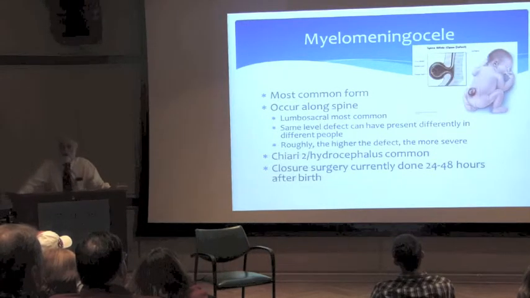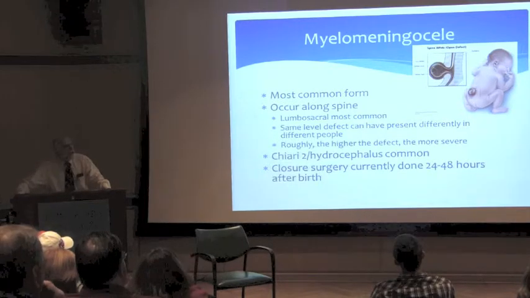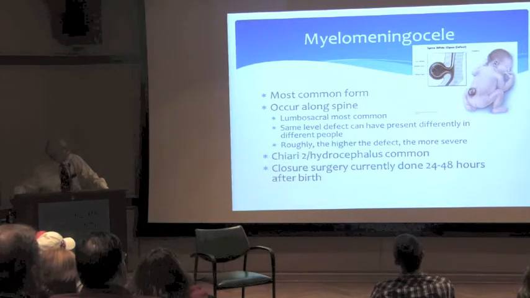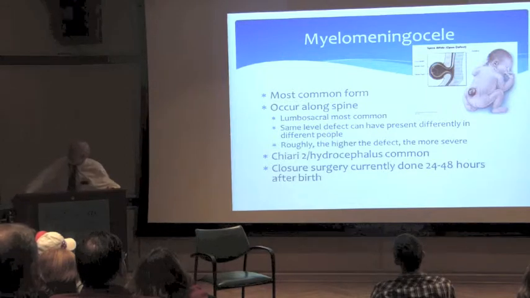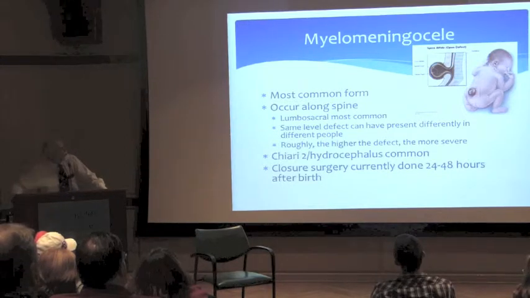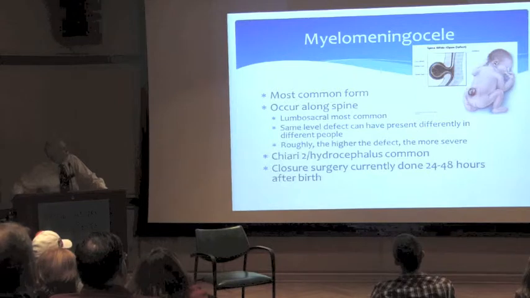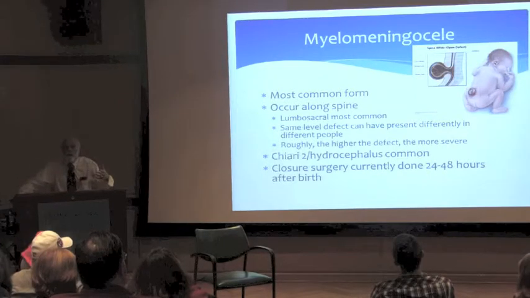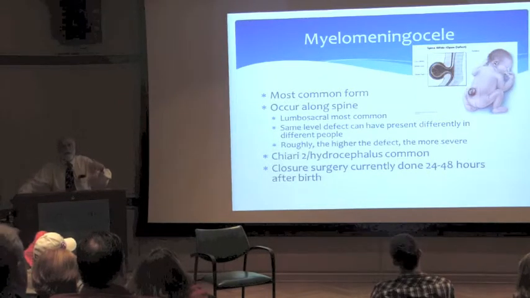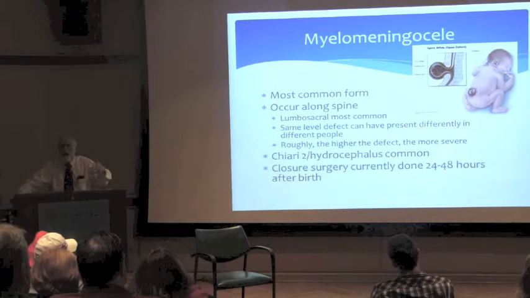So of course the most common is the major theme of our talk today, myelomeningocele. Here's a nice diagram, I think from the CDC database, right? Isn't that where you, Janice, nicely took the slides? Again, you're all familiar. If we look at babies with neural tube defects, about 2/3 have myelomeningocele and about 1/3